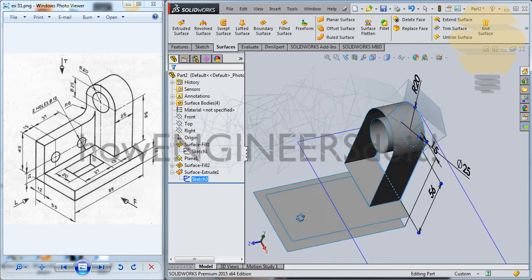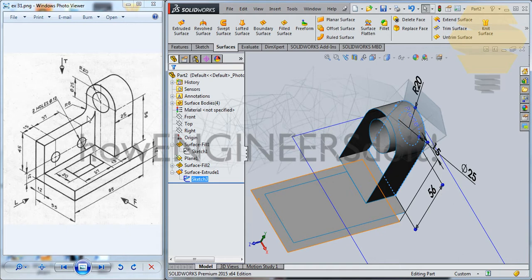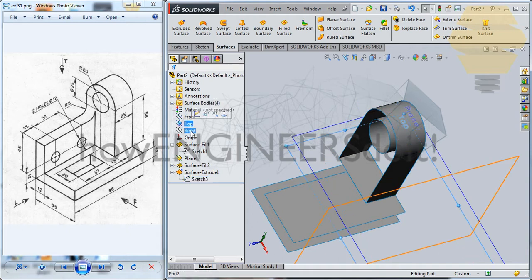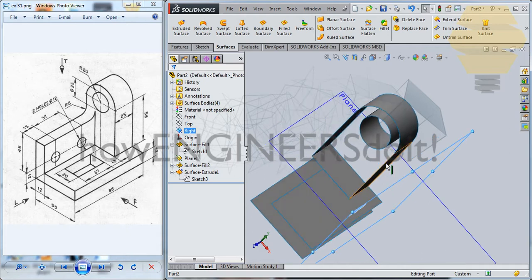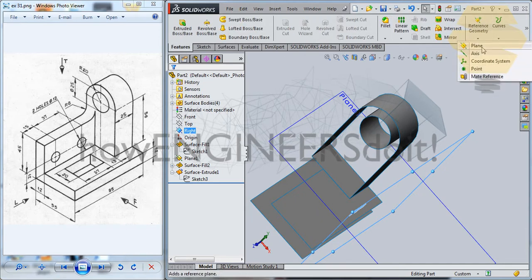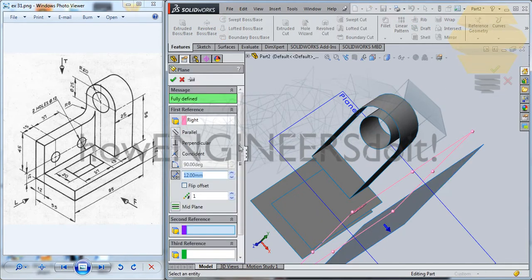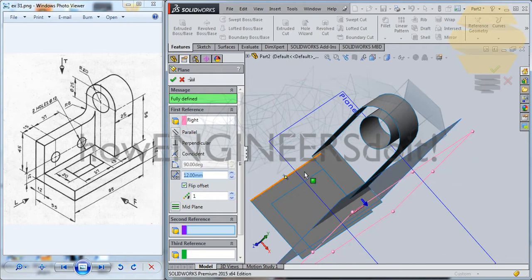So what we do next will be to create this portion here. To create that, we need to have a plane over here. Let's just check if we have some default planes. As we don't have a default plane here, we'll just take the help of the right plane here, select the right plane, go for features, go for the plane, and create a plane, flip and offset, and flip it, and at a distance of 55 you create another plane,